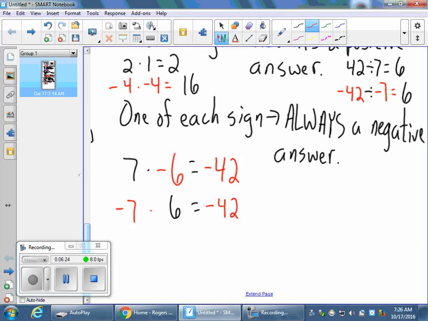Division is the same way. Negative 35 divided by 7, one's positive, one's negative, so our answer has to be negative. 35 divided by negative 7, we have one positive, one negative, so our answer has to be negative. Those are the rules for adding, subtracting, multiplying,